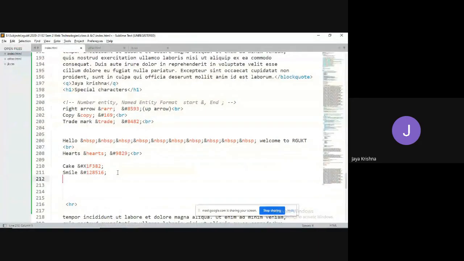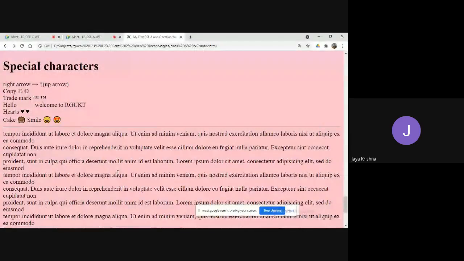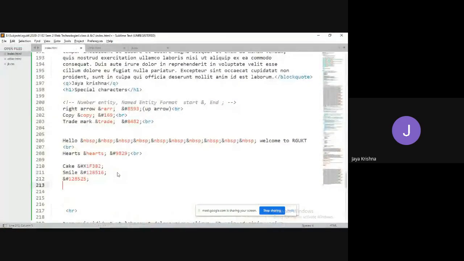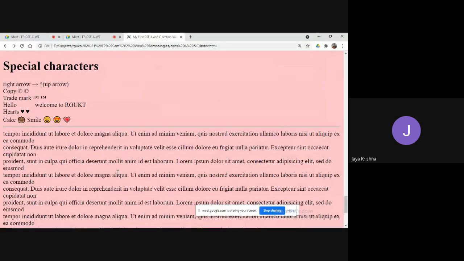Like that, you can get ampersand hash 128525. For example, you would like to have some kind of heart symbol, ampersand hash 128151. Like this, you can use all these things.